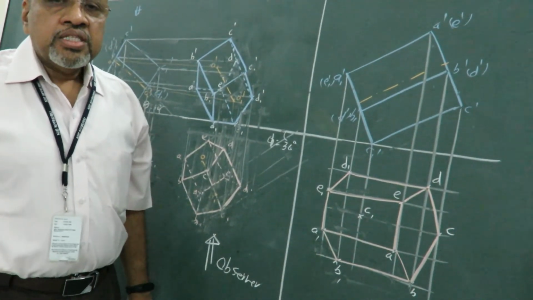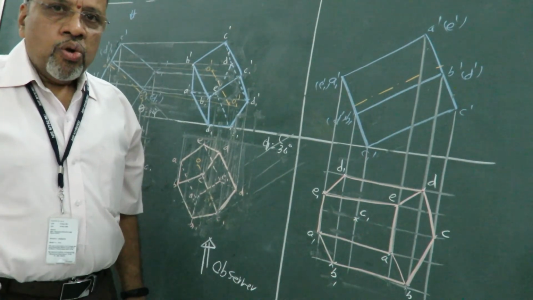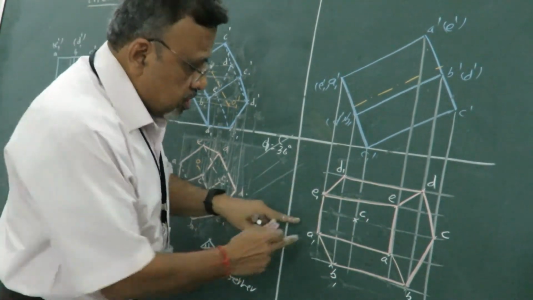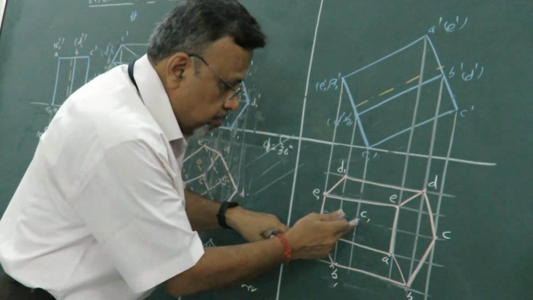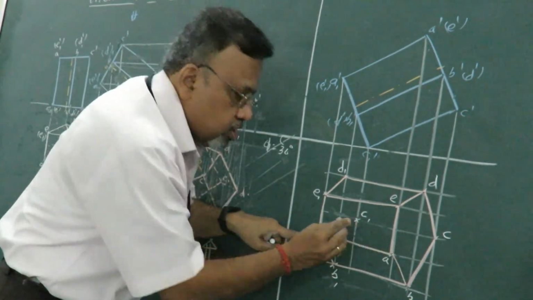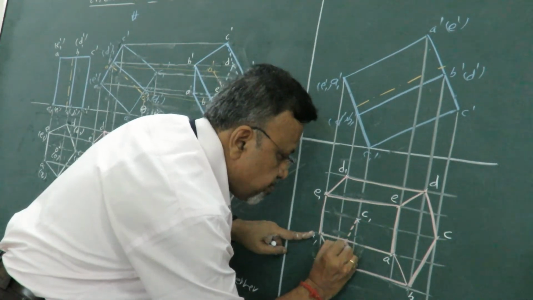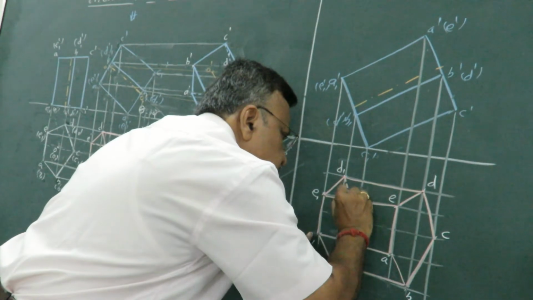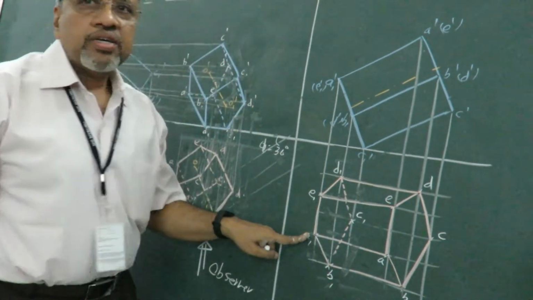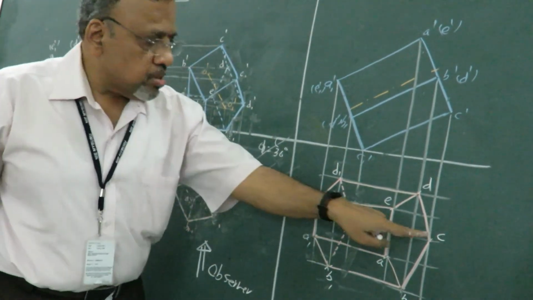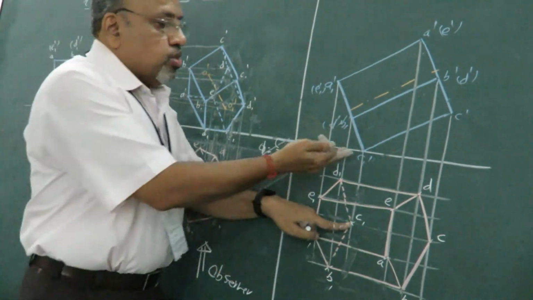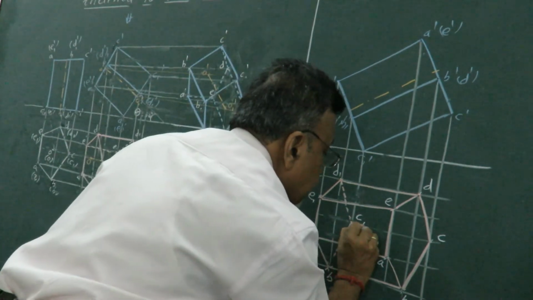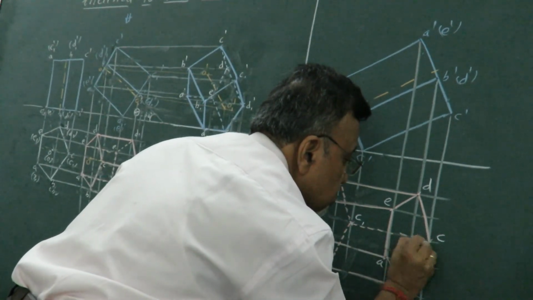So step 3 is done, what is step 4? Look for the other base. Which is the other base? A1, B1, C1. So what about B1, C1? Already we have a solid line, so this has to be a dotted line. Similarly, already we have a solid line, so this has to be a dotted line. Finally, the remaining is this particular longer edge. As you can see, this is farthest from the observer. That is the reason this line has to be solid.